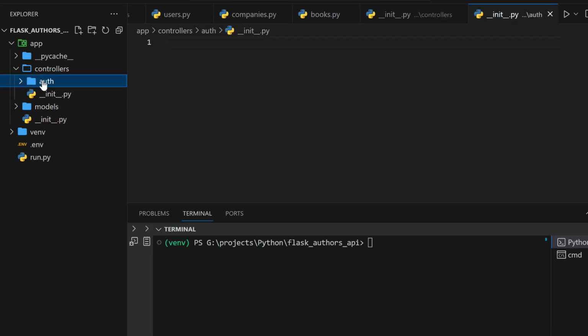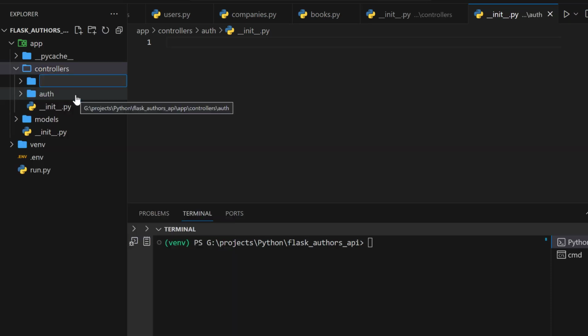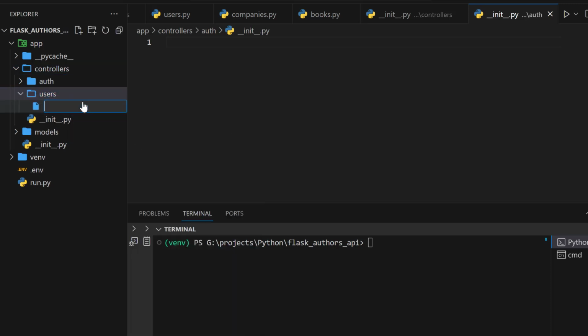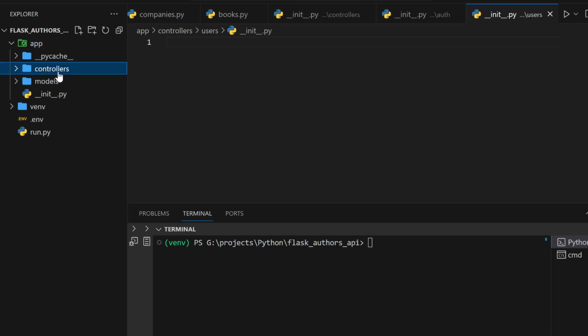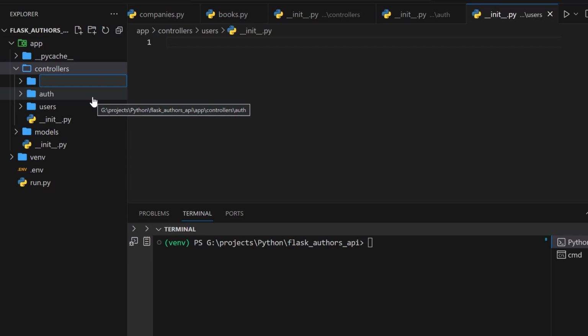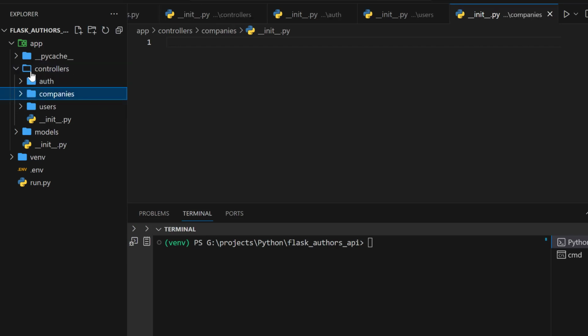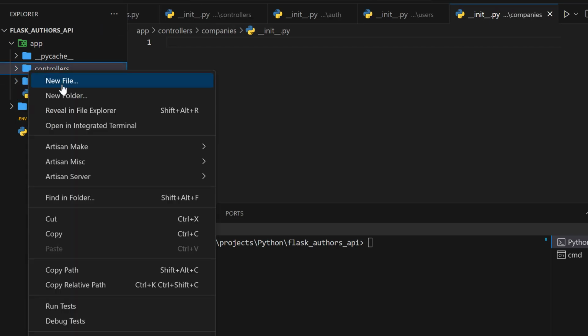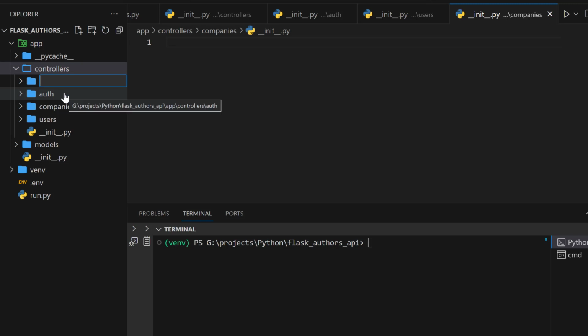Same applies to the other folders. For example, we also have the users, and we shall make this a module too. Then within this module, we shall also have the companies, and lastly, I'll create a folder that is going to act as a module